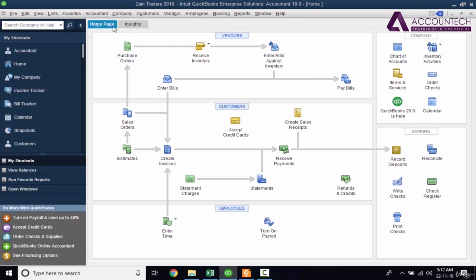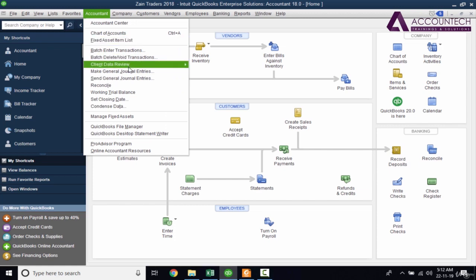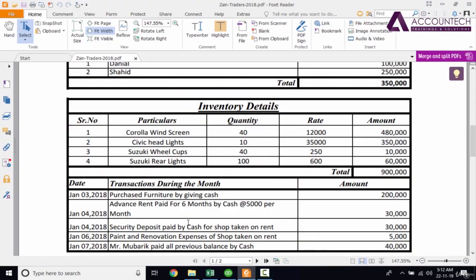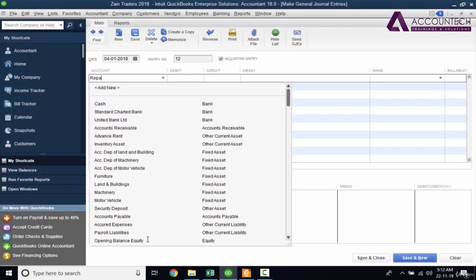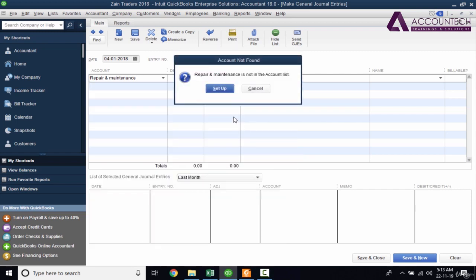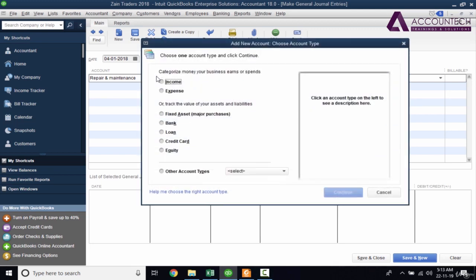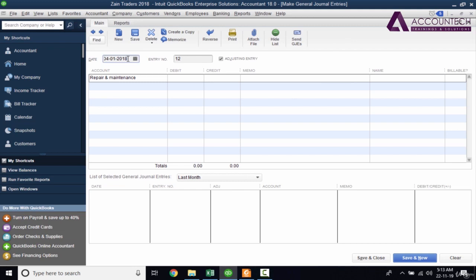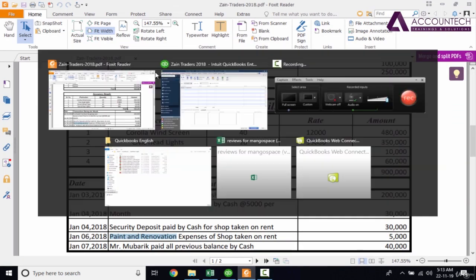Now again we have two choices. For now we will use accountant, make journal entries, paint and renovation. For that you can either create the exact same name account, or you can make a maintenance account. I'll create a repair and maintenance account as a general account so that we can include further expenses of this type in this account. So tab, setup, expense, continue, save and close, and the transaction date is 6th